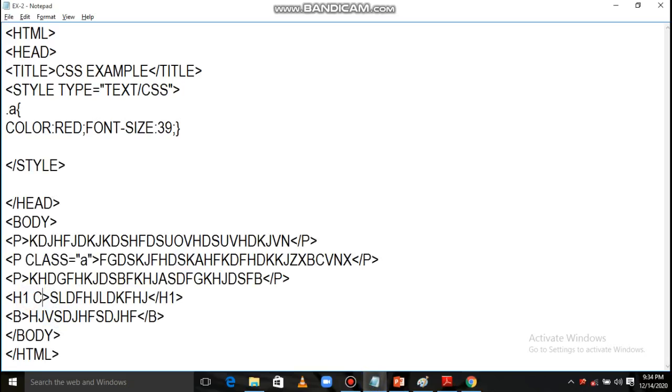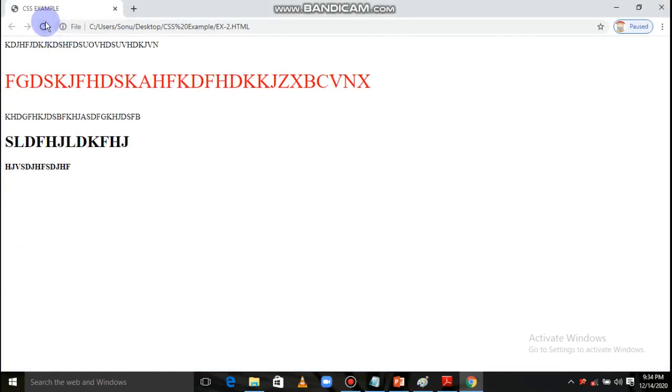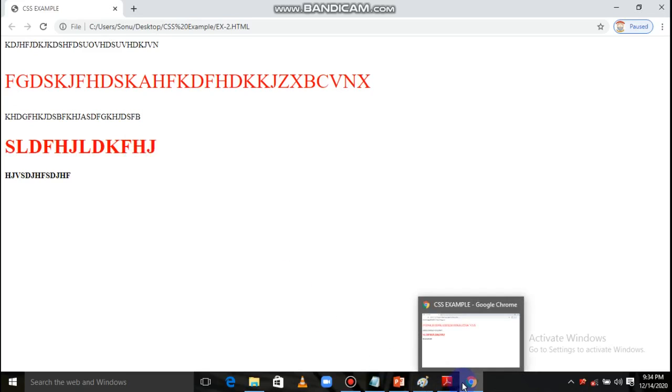So here also call it class is equal to A. Now it will apply on this also. Just see, like this, wherever you want to use it, just simply call that one.